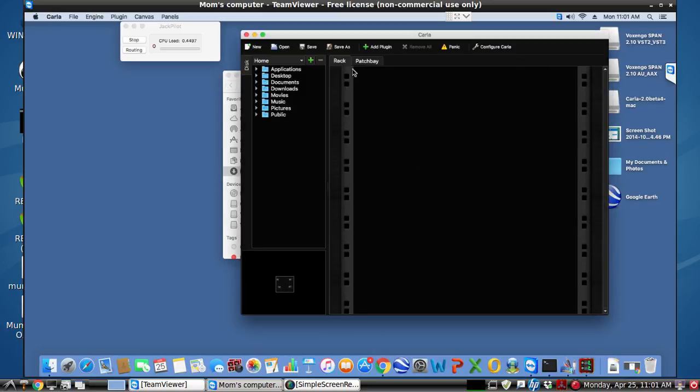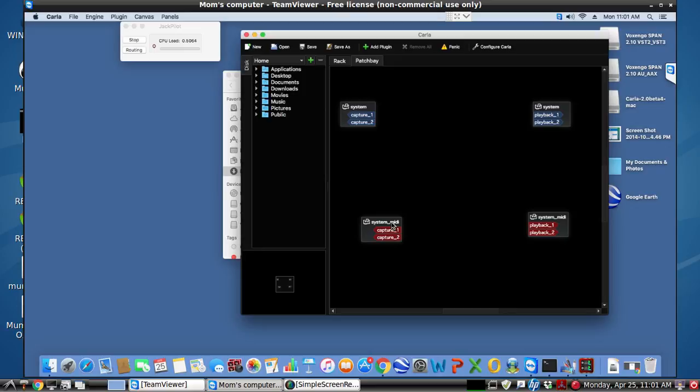Okay, there it is. Look at the patch bay. So we have MIDI from the Mac Mini, and again we have the default input, which is a line input usually on the Mac Mini,